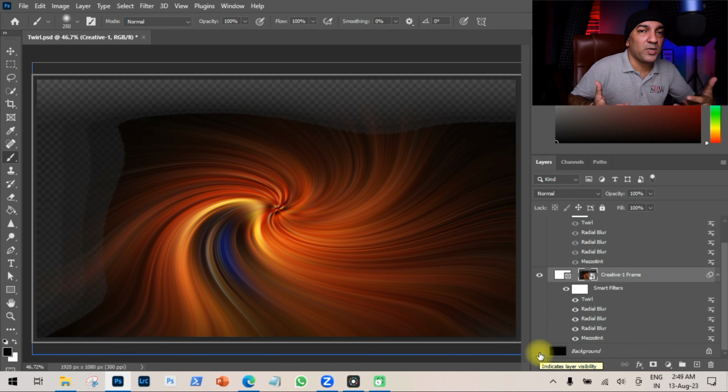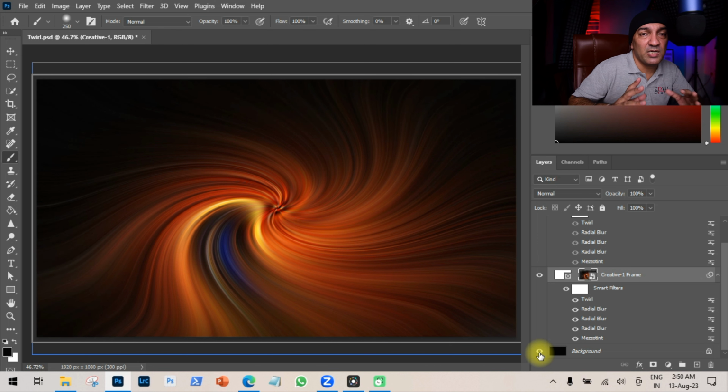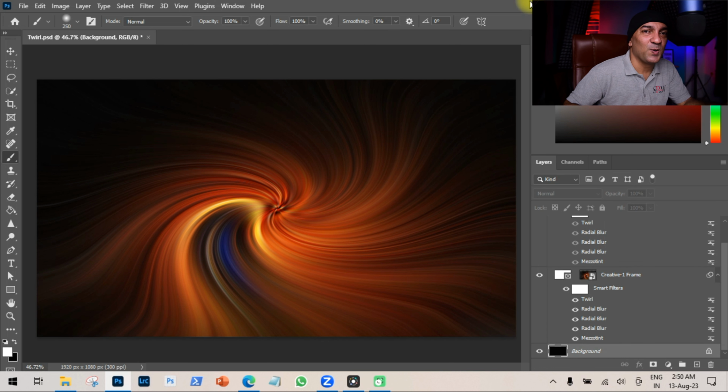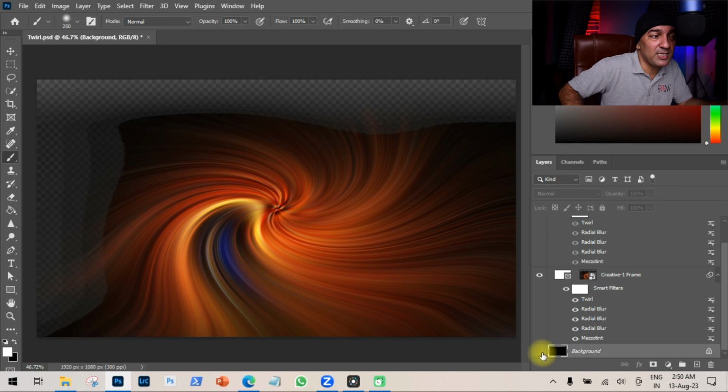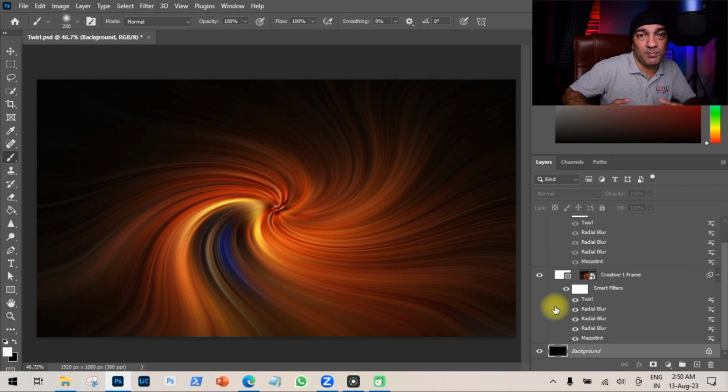And just to overcome this effect, to see the balance in the TWIRL effect, we have to have a similar shade of color in the background. This is how it creates a really beautiful TWIRL effect. And when we have a black shade in the base, we don't need to worry about the spill of colors. We can easily manipulate. You can use different shades of colors, depending on the image you are using for